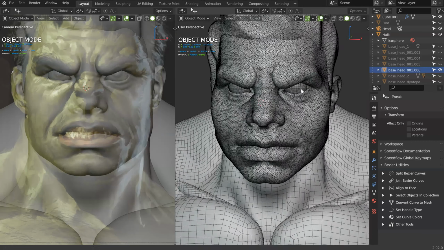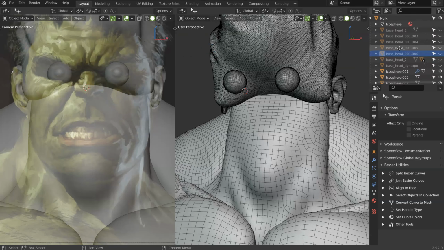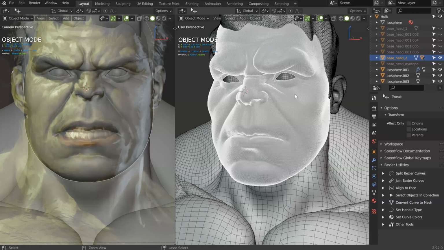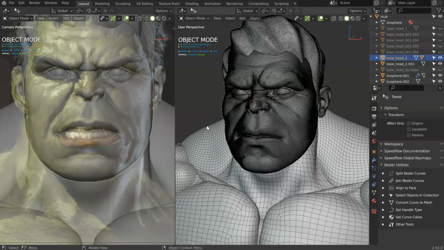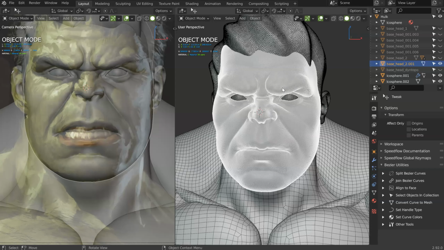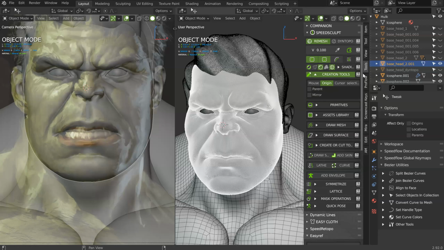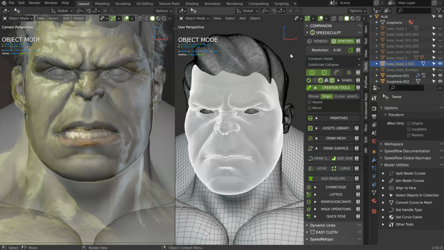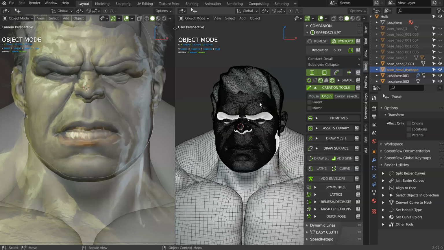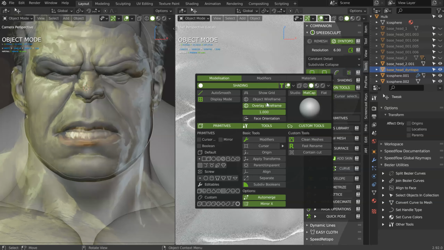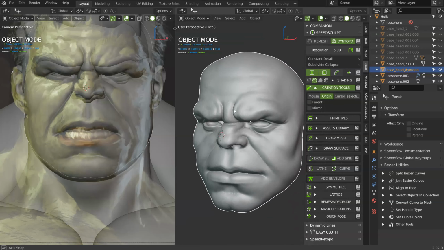Let's see something. I should start and check another. What I will do is that I will take this one, I will duplicate it, and I will hide the other one. Okay, so this one I will come back and make it like it was previously. At the end of the previous video, it was Dyntopo. The resolution was, I think, this one. Just to check. As you can see, this is not that. Okay. So this is what I had previously, in fact.